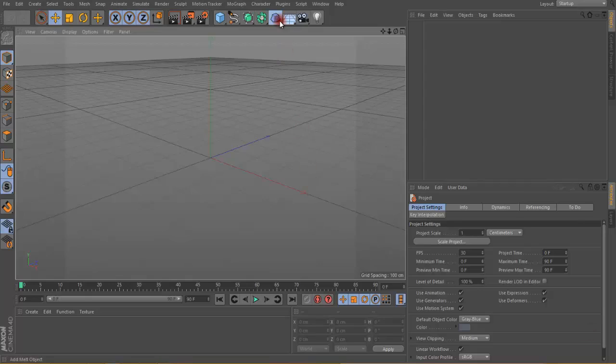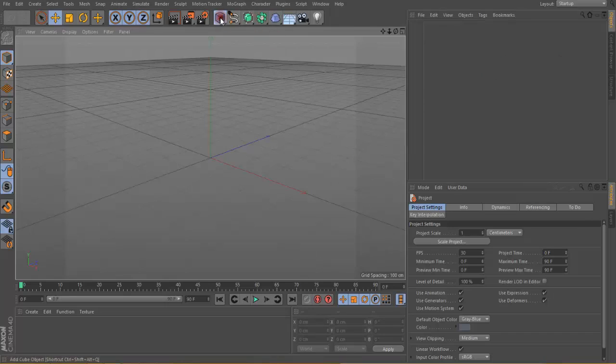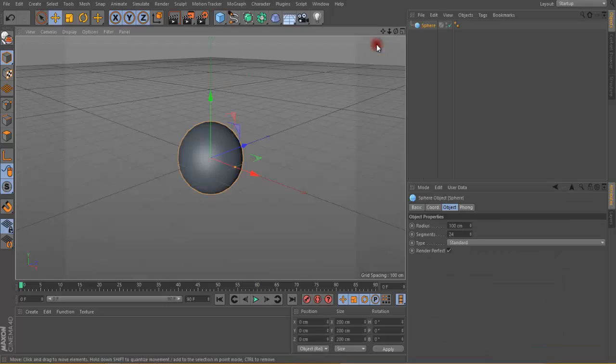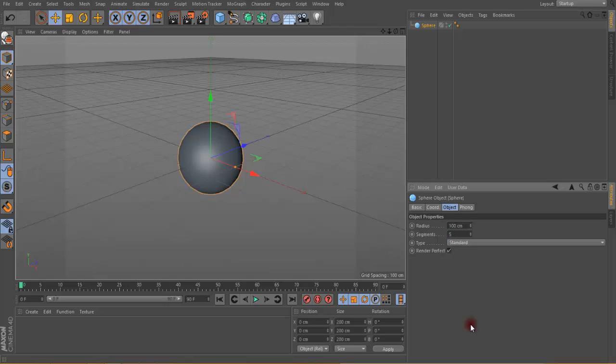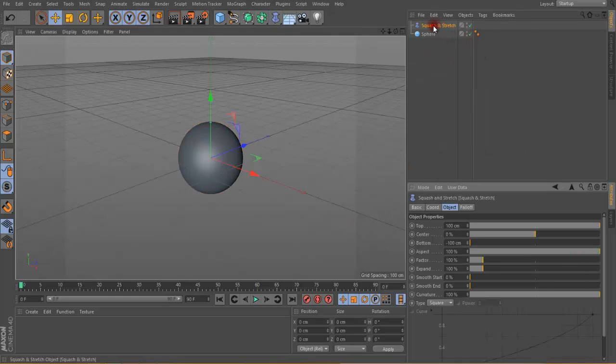Next deformer is squash and stretch. To apply squash and stretch, I have to first create a basic primitive. So I create a sphere over here. For better result or better smoothness, I click on this segment option and increase the segment around 50. Then I click on this squash and stretch option, and I drag this squash and stretch on this sphere, and